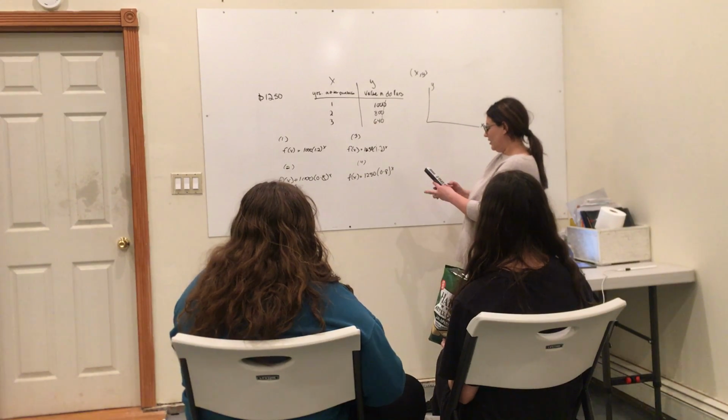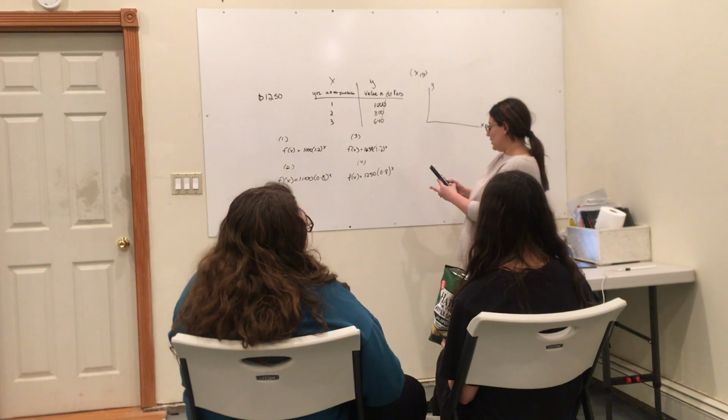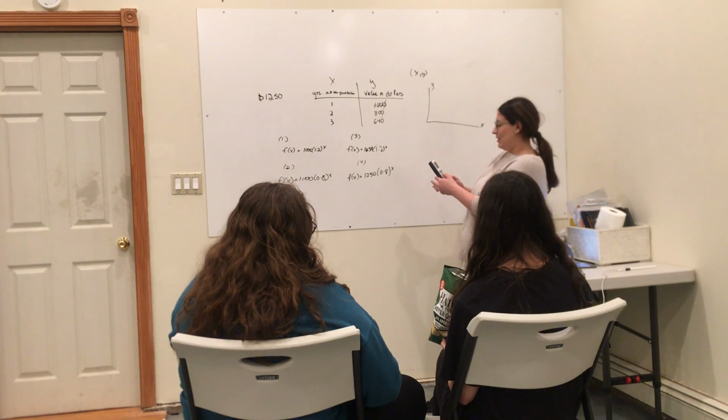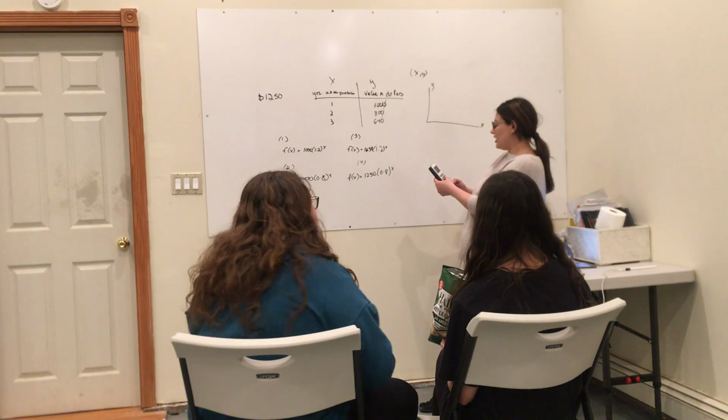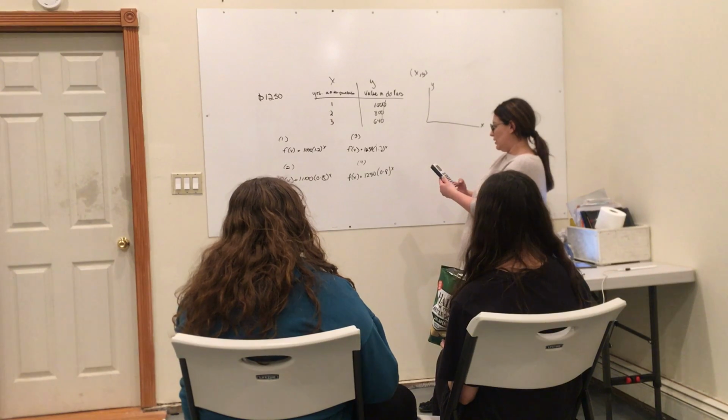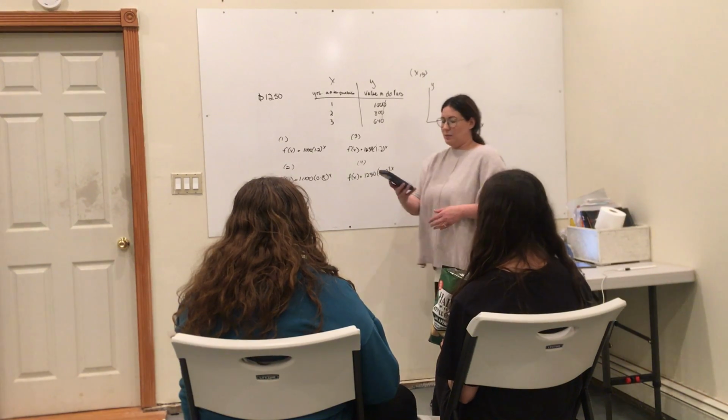What about this one? 1250 times 0.8. Are you getting fussy there? She has a very short attention span, like babies do. I couldn't tell. This one's 800 when I plug it in. Now test